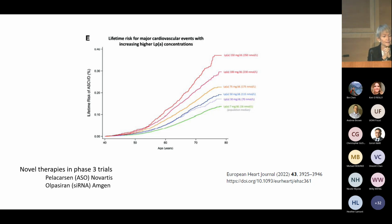One is pelacarsen, which is an antisense oligo from Novartis, and that's undergoing a trial. We did a phase 2 study of pelacarsen, lowers LPA by about 80%. And then there's an siRNA from Amgen called olpasiran, and that is also undergoing a trial. So the trials are in patients with an LPA level greater than about 140 nanomoles per liter who have ASCVD